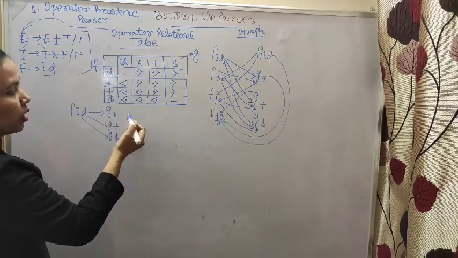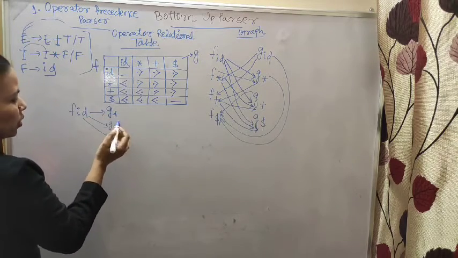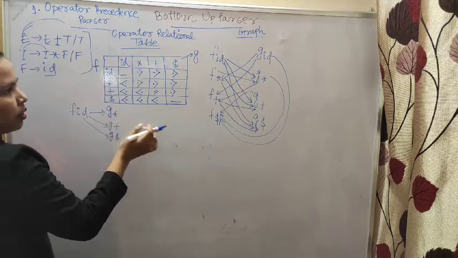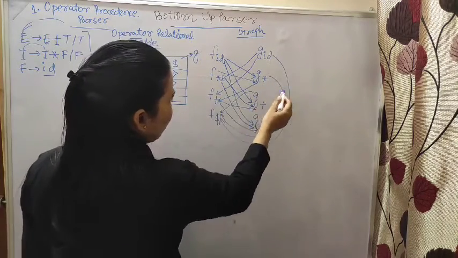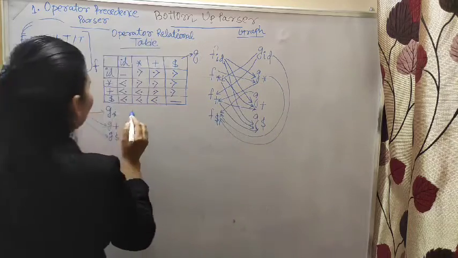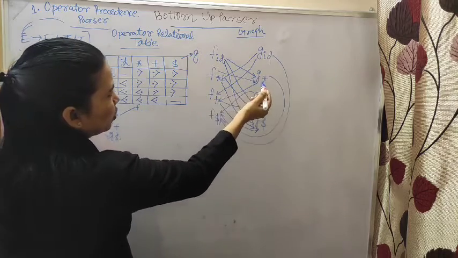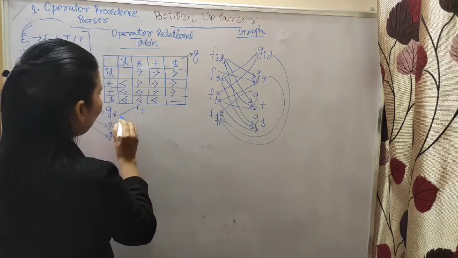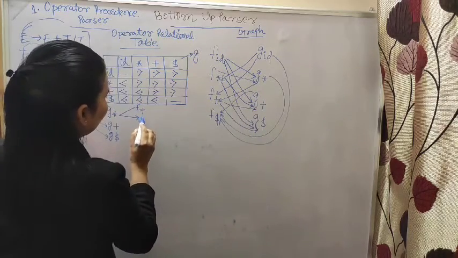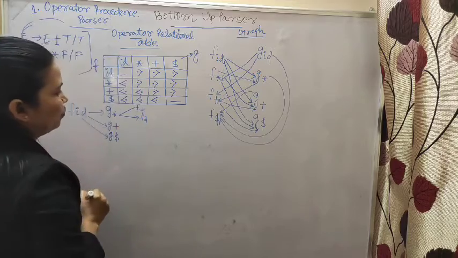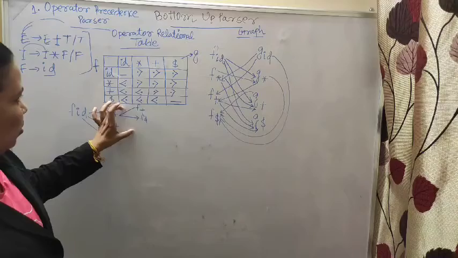Now G star: we have reached it from the source node, and this is not a destination. Now you can check it. G star can move to F plus and G star can go to F dollar. Write it down: G star can move to F plus and another is G star can go to F dollar. The writing is very small, so you try to write it.